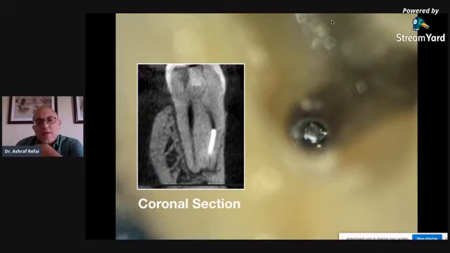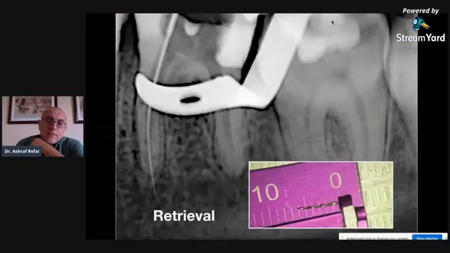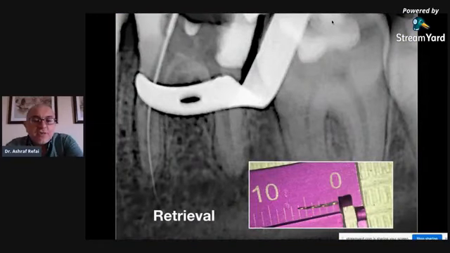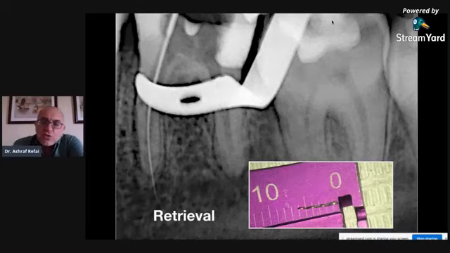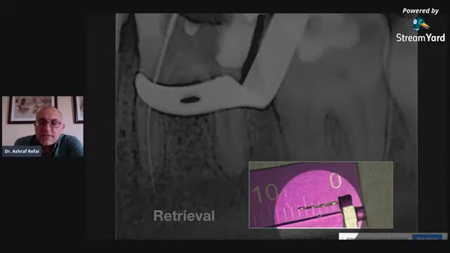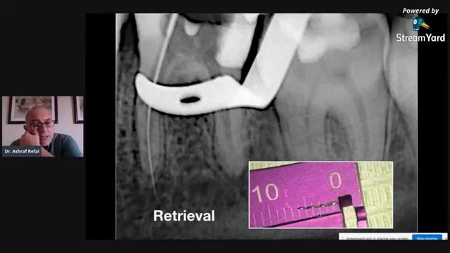And somebody would say, why didn't you bypass? I did. And the referring dentist tried to bypass, and he was unable to get any further than that. And after trials at retrieval, you can see here an X-ray showing me bypassing the instrument and actually overextended into the apical area. And that picture shows the segment. It's about a 6 mm segment of a martensitic rotary nickel titanium instrument. And I was fortunate enough to be able to remove it.